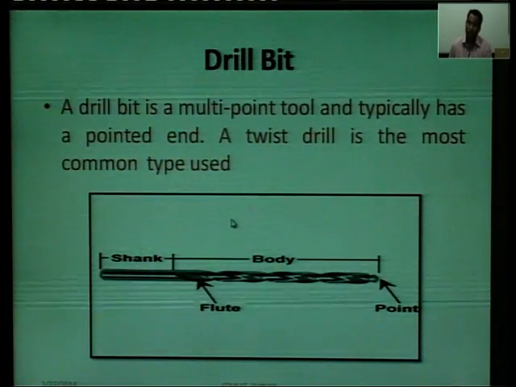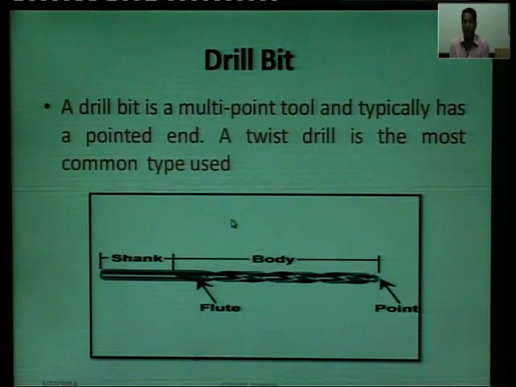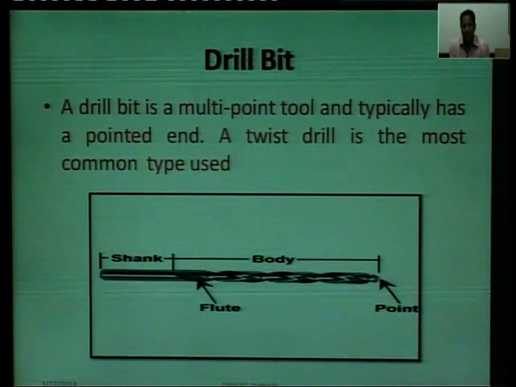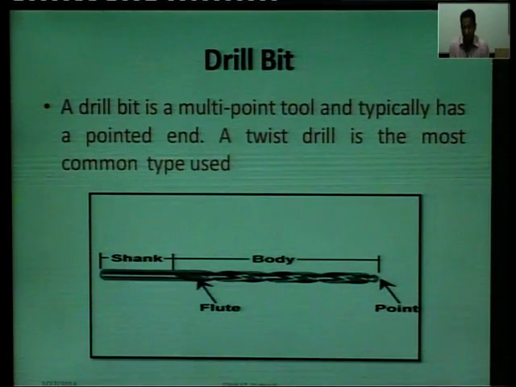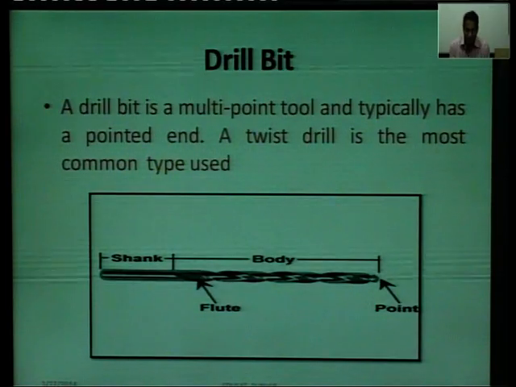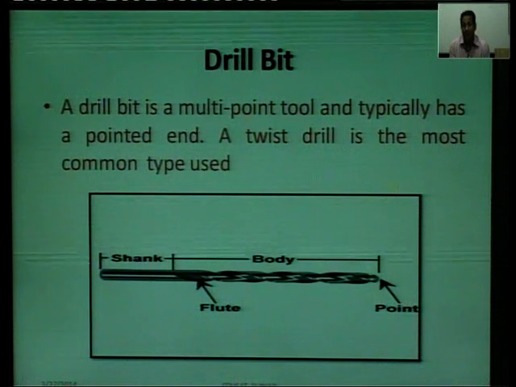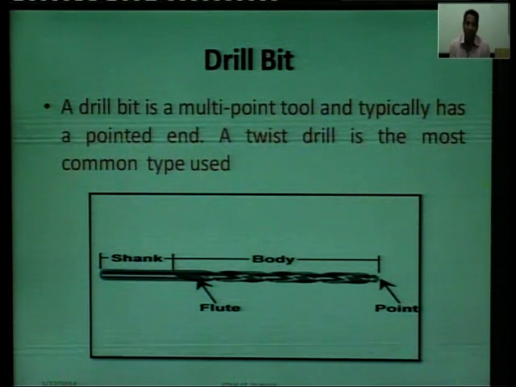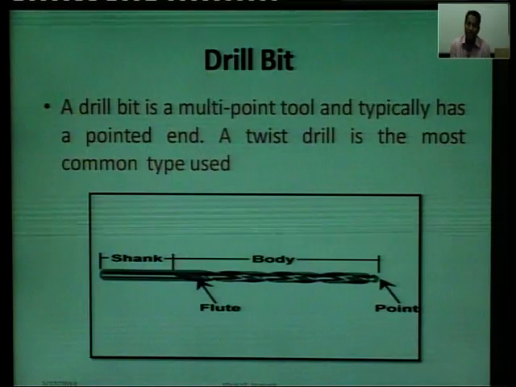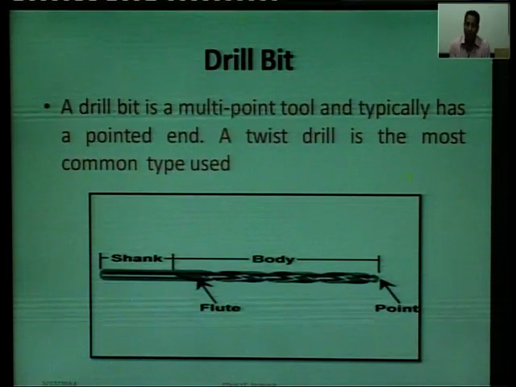So now coming to the drill bit. Up to this we have studied, my dear friends, what is drilling operation, what is the principle of the drilling operation, and how we can produce a hole on it. This is the principle of the drilling operation. Next, classification of the drilling machine. Now coming to drill,